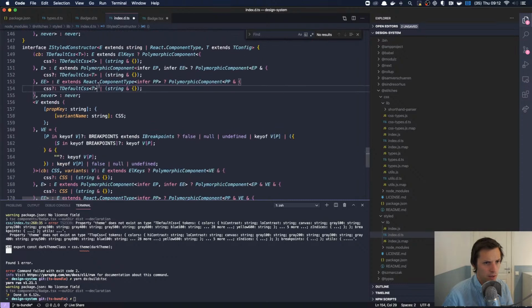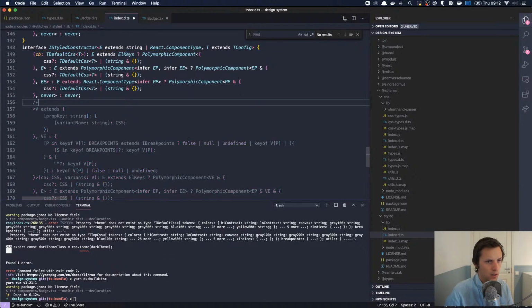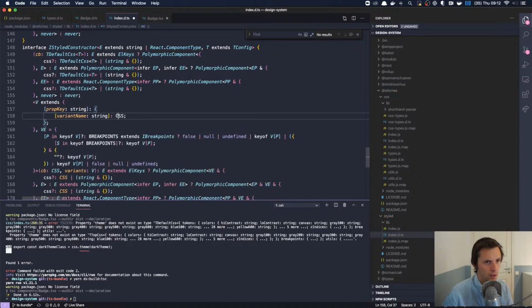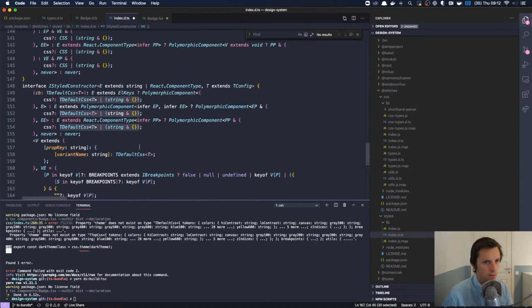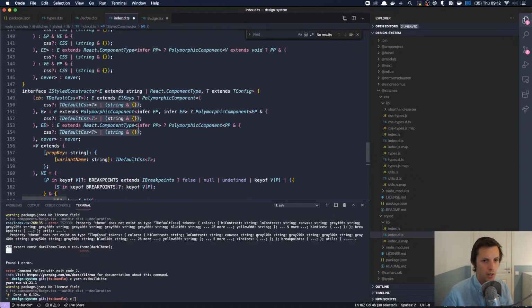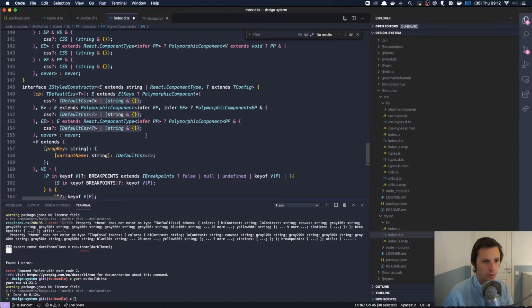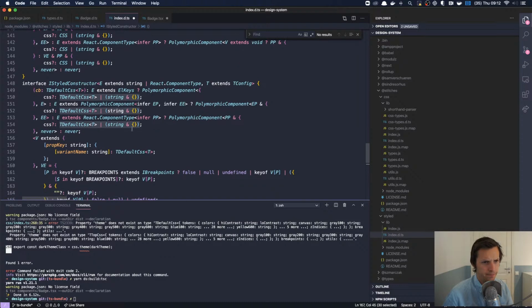Hopefully it builds, or wait, I can just v extend, oh wait, we do have to do it here as well. Okay, so what I'm going to try to do, oh shit, what did I do? I'm wondering if it's this thing that breaks it, because what I have experienced is that when you do this union stuff, it breaks up the ability to look at it as a single type.